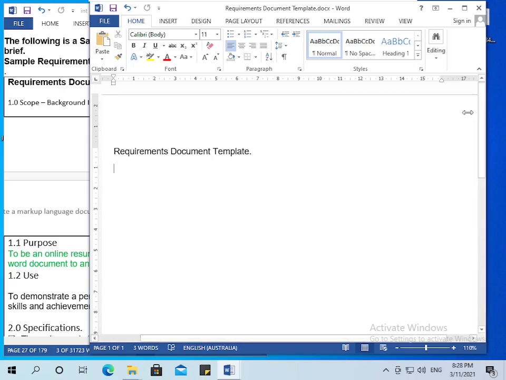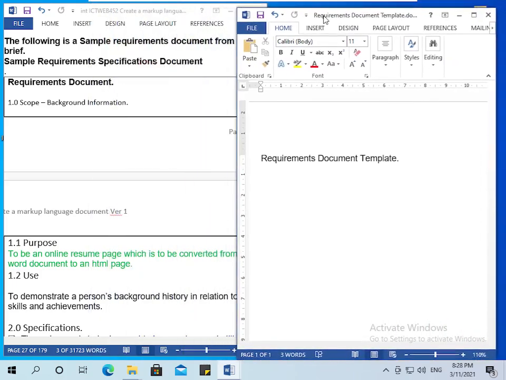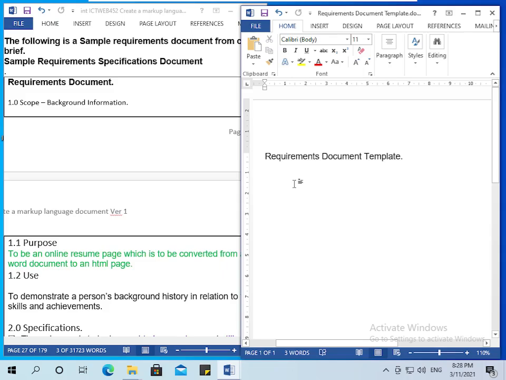And I might resize this first and just write all the titles in first. So we got scope. Don't need to put the numbers in yet. Scope, purpose, use, and we might put scope actually background information. Purpose, use, specifications,